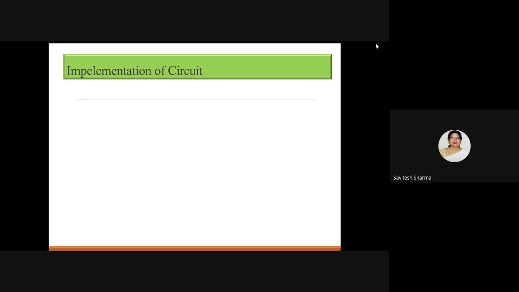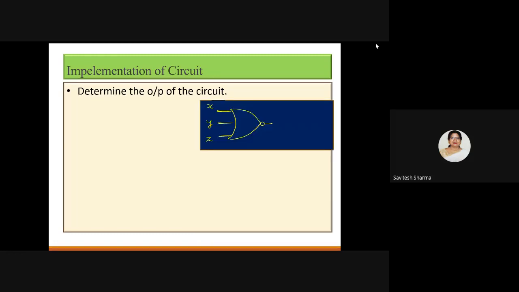That means we will convert our Boolean expression into the circuit, into the hardware, based on the property of the basic gates. We will transform our dot or plus operators into gates. So this is our first question. Here a circuit is shown, and a gate is given. Can you identify the symbol?